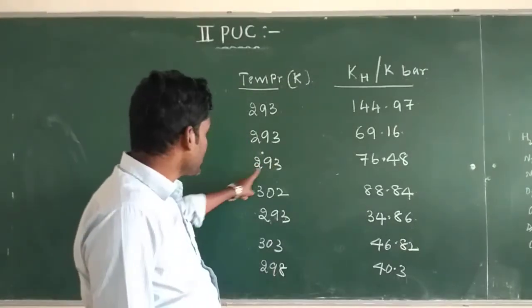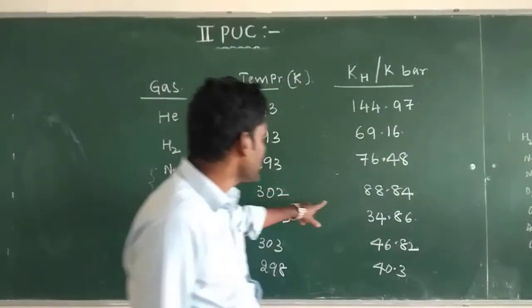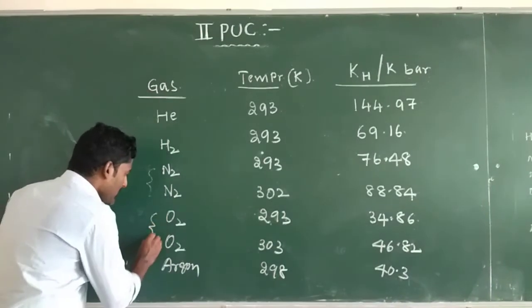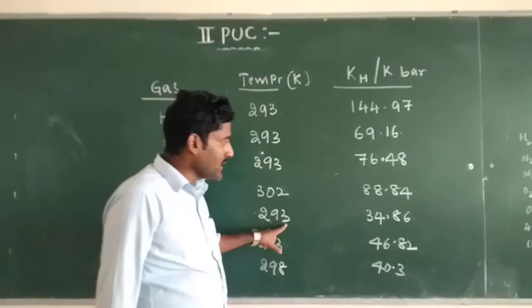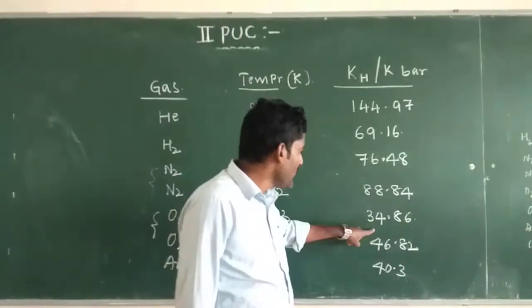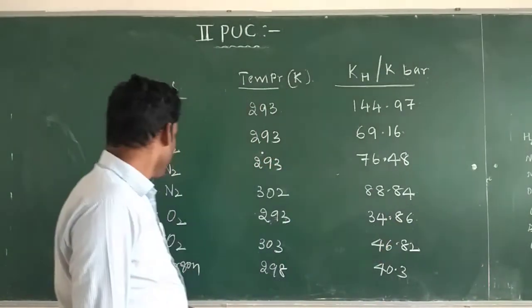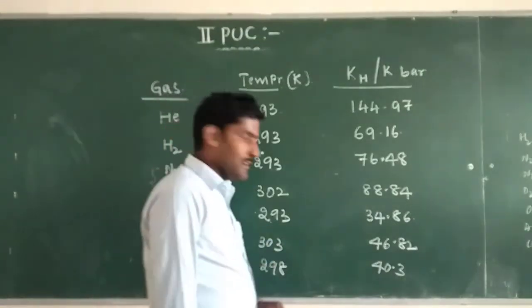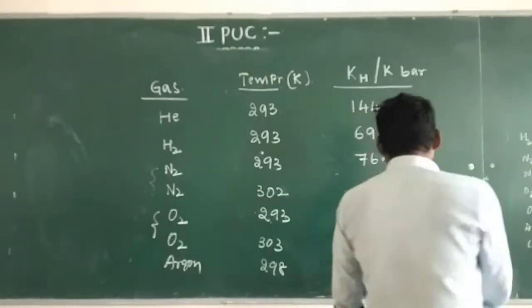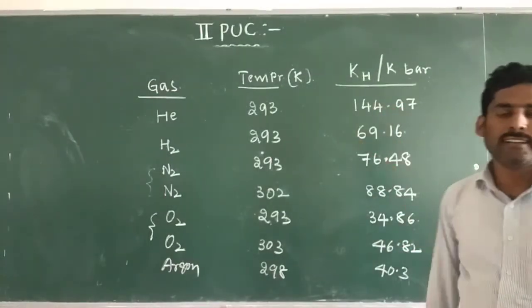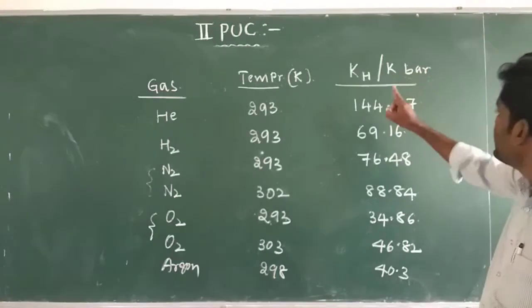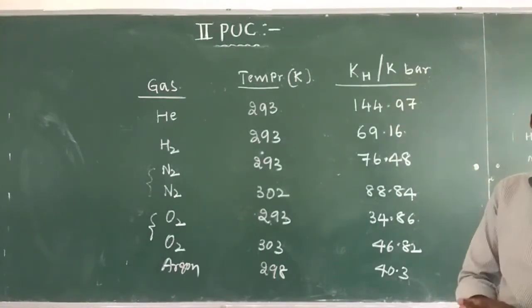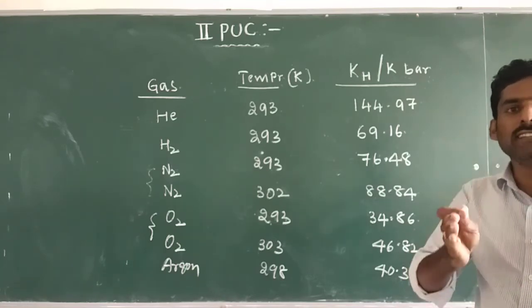Same nitrogen gas at 302 Kelvin, higher temperature, 88.84. And oxygen gas at 293 Kelvin has KH value of 34.86. And same oxygen gas at 303 higher temperature, 46.82. This table shows that greater the KH value ಜಾಸ್ತಿ ಆದರೆ solubility of the gas in liquid or